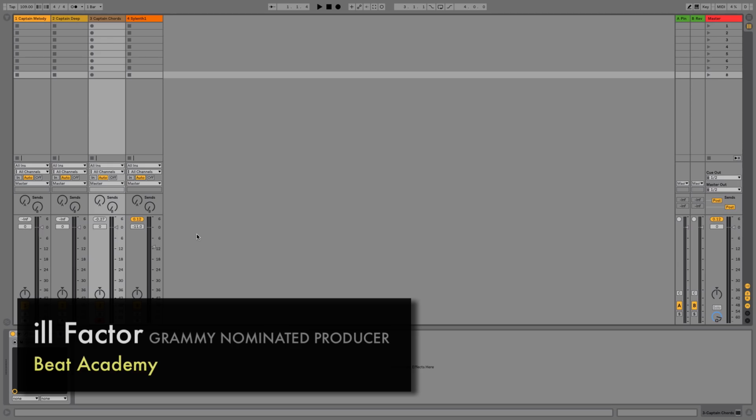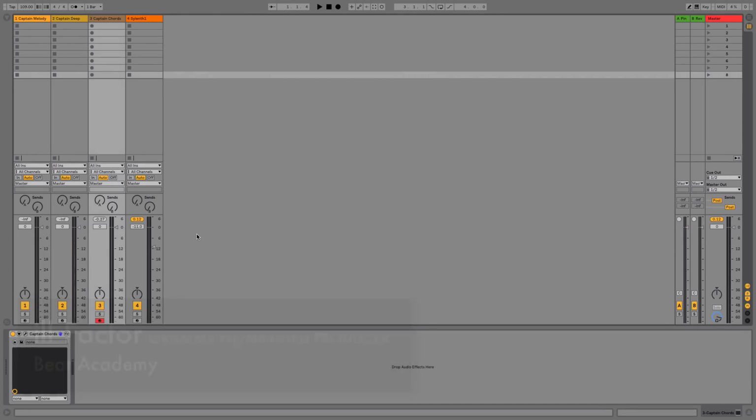Now, trying to figure out the right chord progression for your music can be a little bit troublesome, especially if you have no background in music theory. And so today in this video, I want to highlight a specific plugin that can be a real helpful tool for you in figuring out what chords to use, even helping you decide what melodies and bass lines to use in your projects. We're specifically going to be taking a look at Captain Chords, Captain Deep, Captain Melody, and maybe